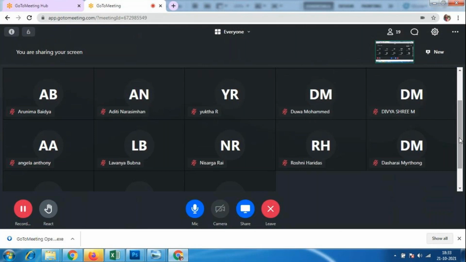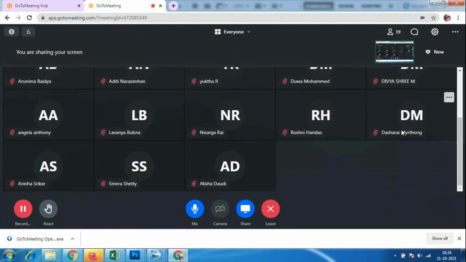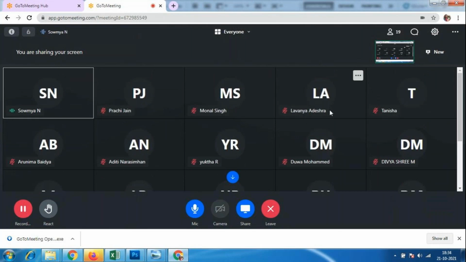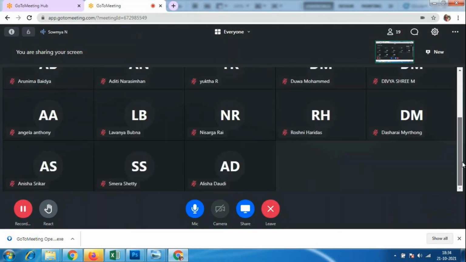Anybody? Anybody can tell me? Nisarga Rai, Lavanya, Tanisha, anybody can tell me how to make this miniature things? What are the tools we are using?